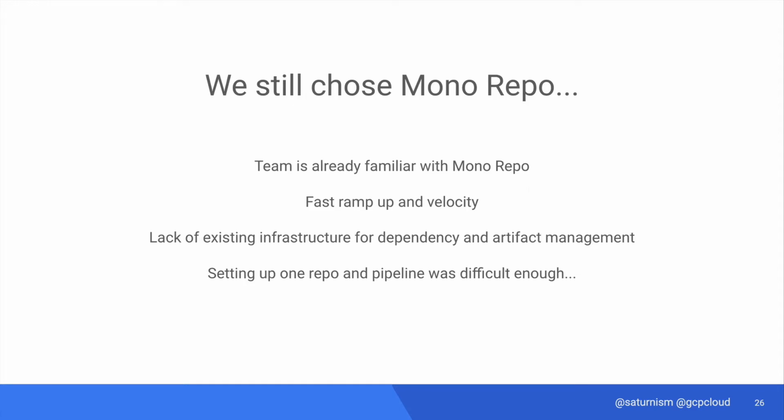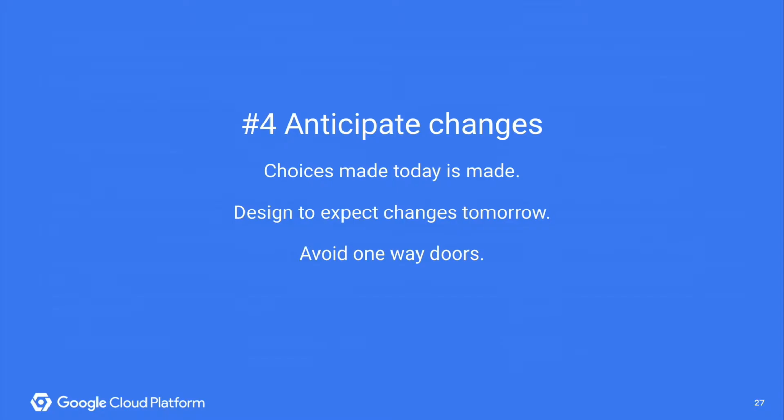Ultimately, we chose to use monorepo because the reality is the team was small, and it's not like we have many different teams releasing many services every day. It's just one team with a couple of people who are mostly Google engineers who are already familiar with the monorepo. So we simply don't have the bandwidth to really set up a proper multi-repo infrastructure. And so we base our decision on the current reality and the needs of the team.